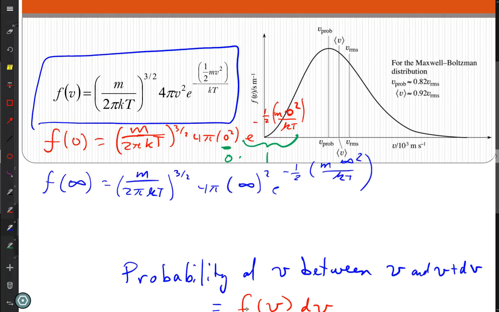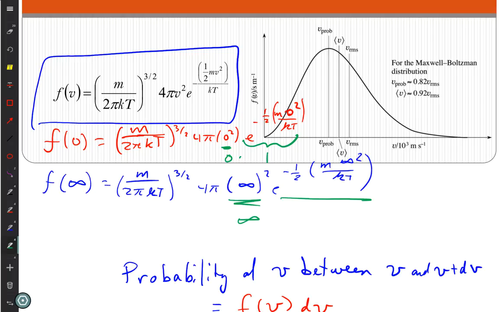Now, if you look at this and you do the same breakdown, this here is, of course, infinite. And this here, what's e to the minus infinity? 0. So that's infinity times 0. 0 times 1 was easy. 0 times 1 was 0. Infinity times 0,